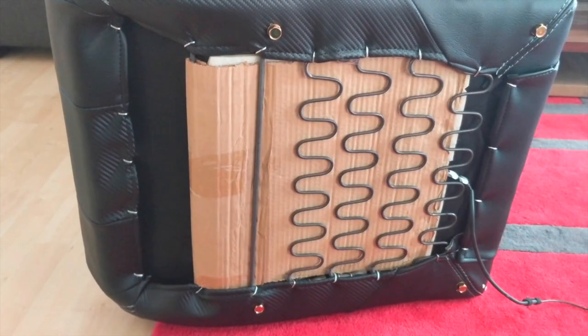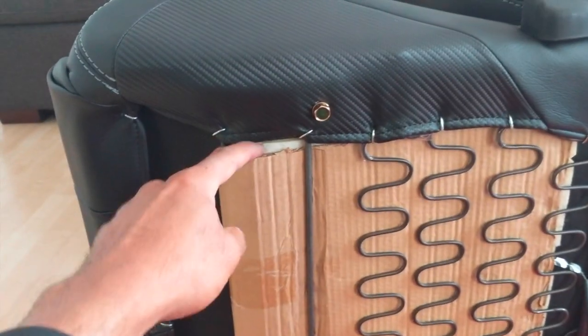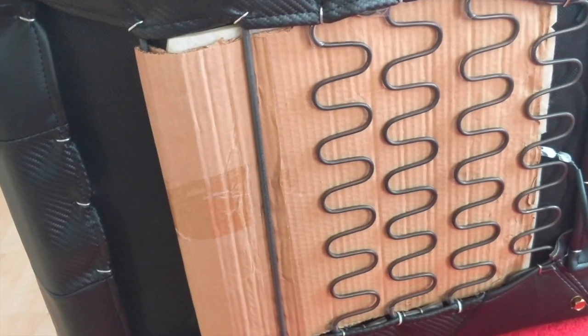So now they are both in. I got the seat occupancy sensor underneath, and then I'm using this cardboard on top. If you have some better ways, go ahead and put them down in the suggestions. But, you know, for